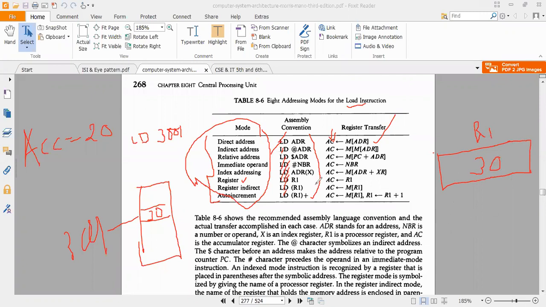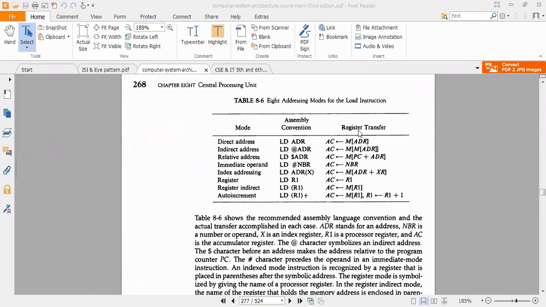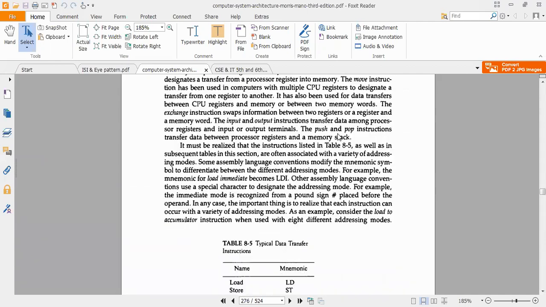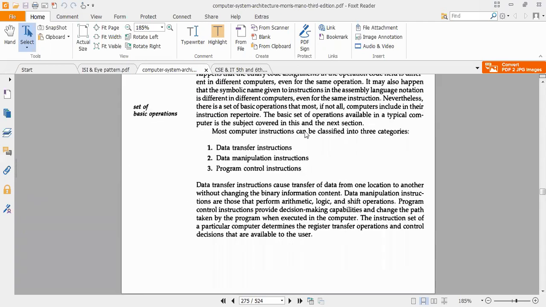That means after execution of this instruction, the accumulator must contain 30. This is the way of thinking. I think you don't have any doubt. If you still have doubts, you can ask me. These are the 8 addressing modes for the load instruction. This is your first process, data transfer. Data transfer instruction. Now we'll go for data manipulation instructions.